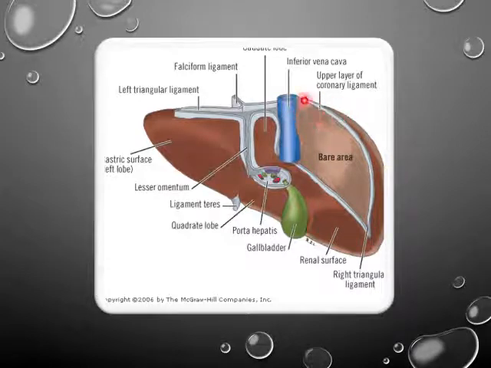In the upper part, you are looking at the superior layer of the coronary ligament, or even the upper layer of the coronary ligament, or simply superior coronary ligament. The one we already know is the inferior coronary ligament. Until now, we have thought they might be parallel to each other. They are parallel to each other, but they are not. At the right end, they actually meet with each other, forming one more ligament here. It is the right triangular ligament, by means of which once again the liver will be connected to the diaphragm.